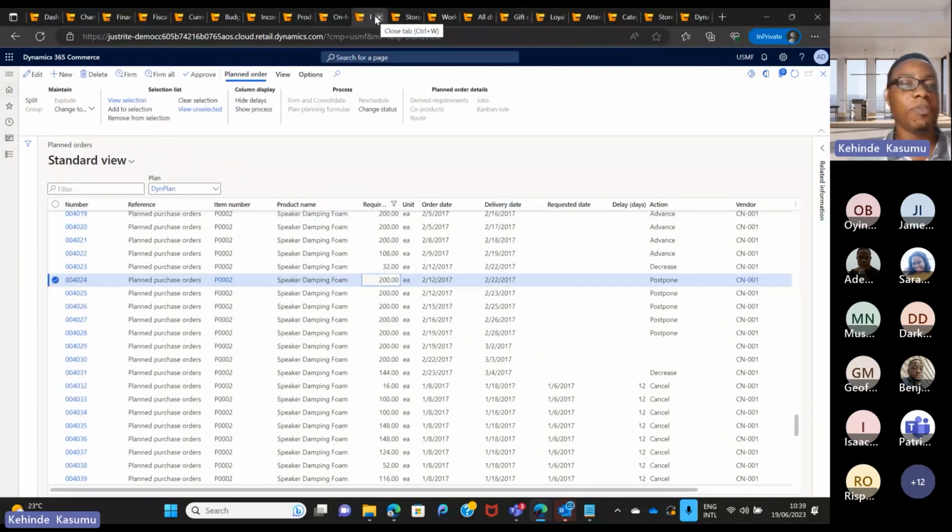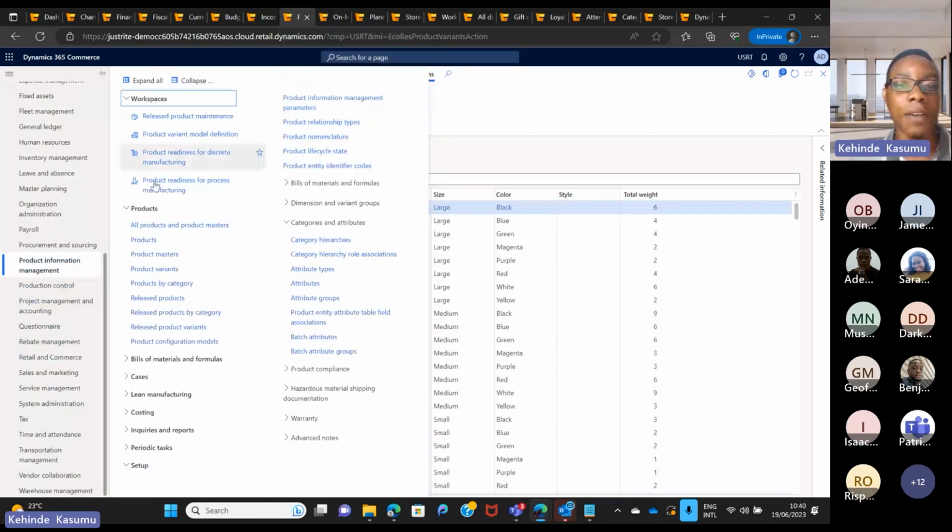Another thing that you can also do, which my colleague also mentioned, is set replenishment levels. You want to ensure that in your supply chain, your inventory levels are not out of stock, or your SKUs are not out of stock at any time. You can set things like your minimum inventory level.